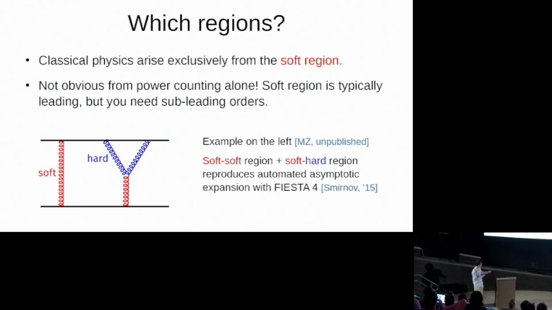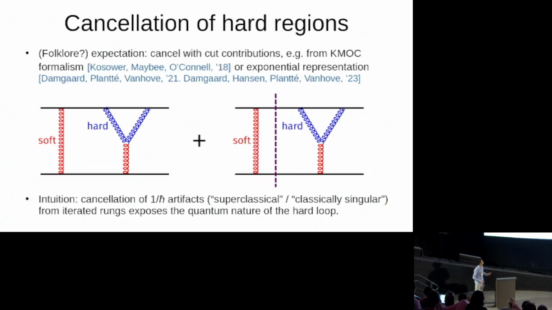For example, if you actually try to use some automated software like FIESTA 4, it's also possible with pySecDec, for automated asymptotic expansion, you will find out that the value of the true integrals expanded to 2 orders in q needs to be reproduced by a mix of regions added together. But fortunately, this complication is not relevant for real physics.